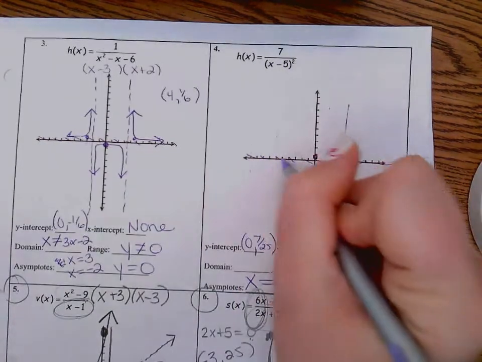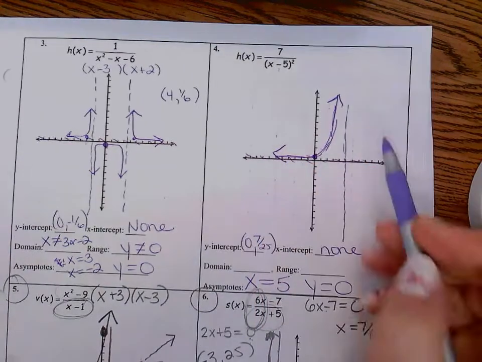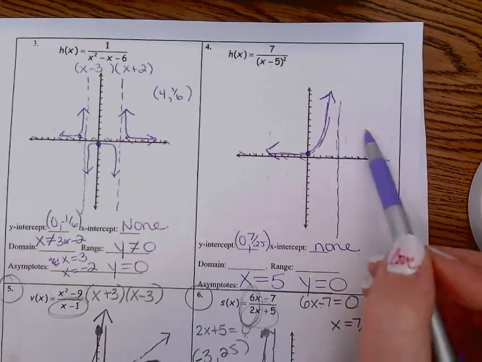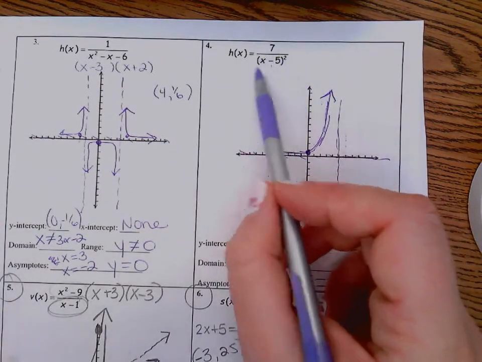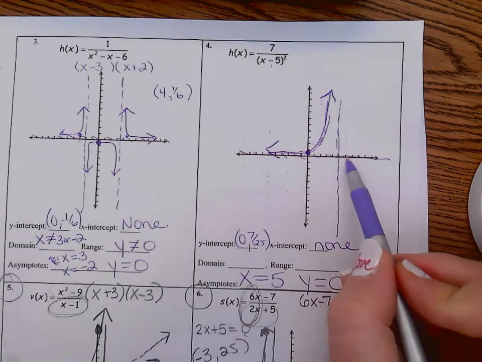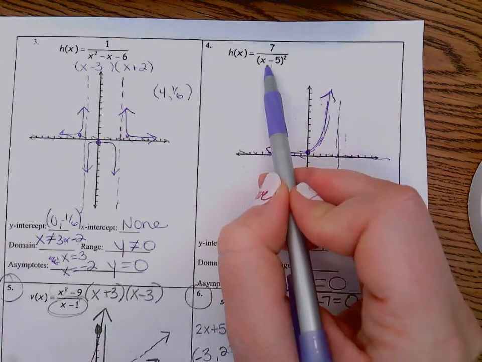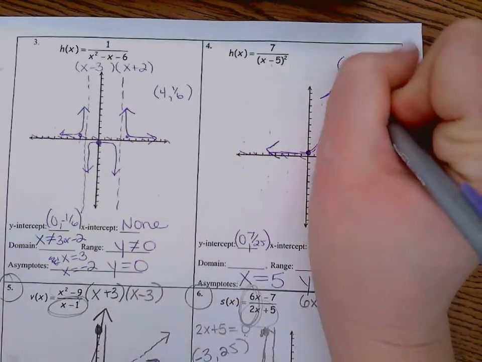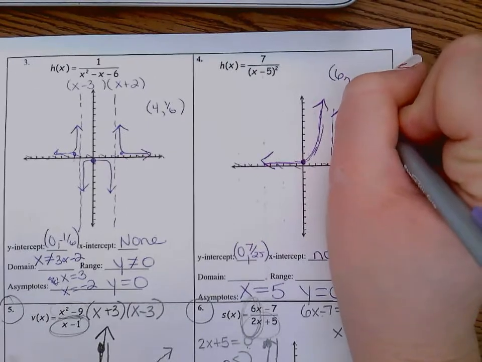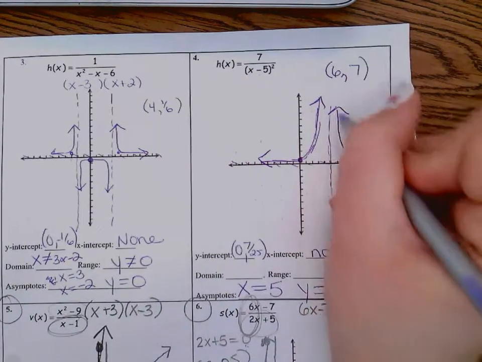So this elbow of the graph looks like it's going up. So what's this side doing? So something interesting happens because the denominator can never be negative, right? Anything squared is always positive. When I plug in 6, I get 7 divided by 1, which is 7. So this, what did I say I plugged in? 6, comma 7 divided by 1, which is 7. So here's my